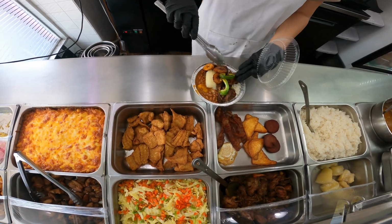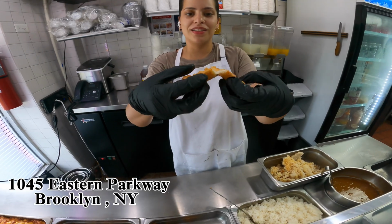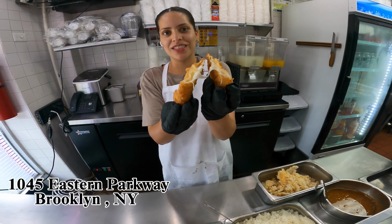Another morning in Brooklyn, Crown Heights, Utica Avenue. I'm outside my apartment. Right next door, there's a Dominican place. I've never had Dominican food before. I looked at the menu and it looked really good, so I thought, let's go in there and do a